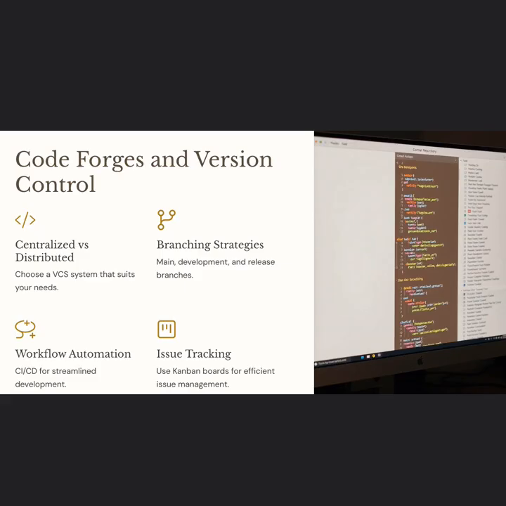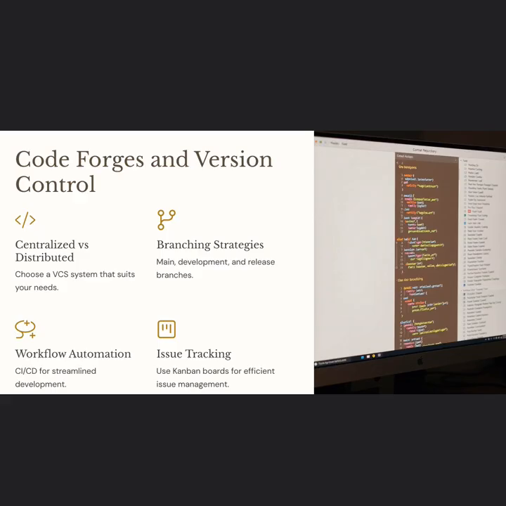There are two primary types of version control systems: centralized and distributed. In centralized systems, all the metadata and the code reside on a central server, which acts as a single source of truth. While this approach simplifies certain administrative tasks, it introduces risks such as single points of failure. In contrast, distributed systems like Git allow each clone to contain the full repository, including its history, enhancing resilience and